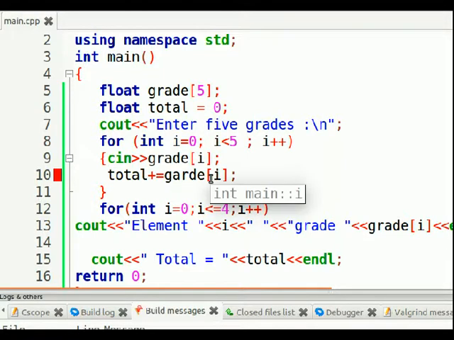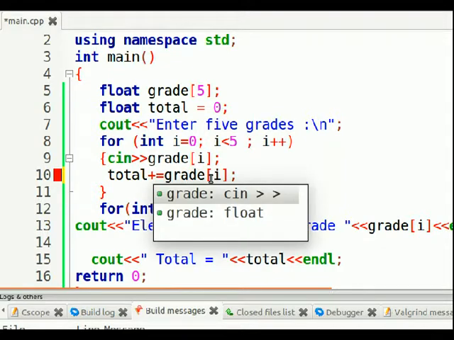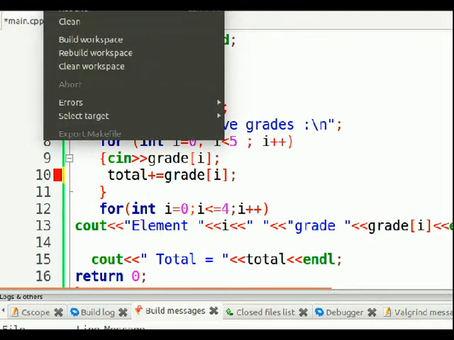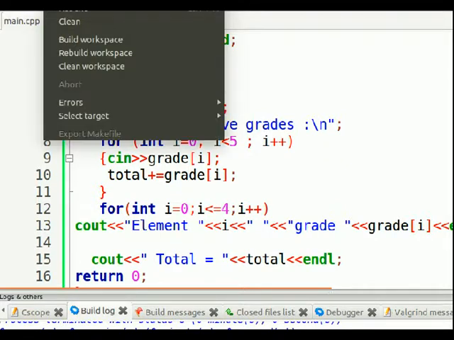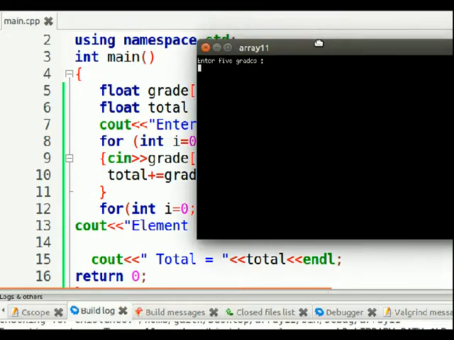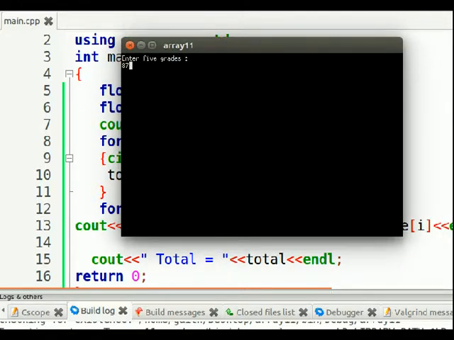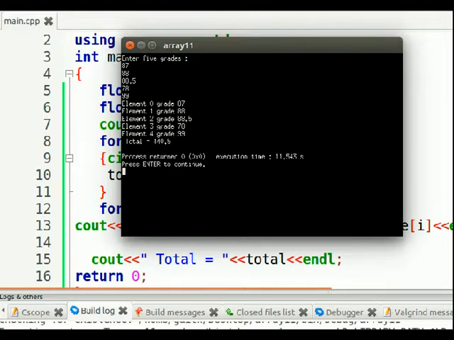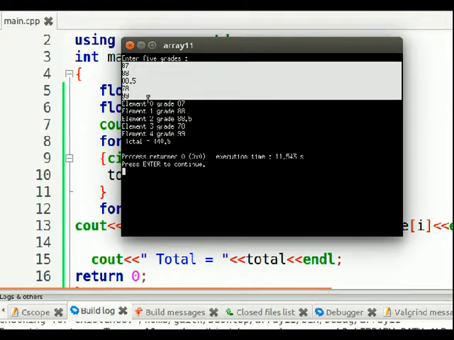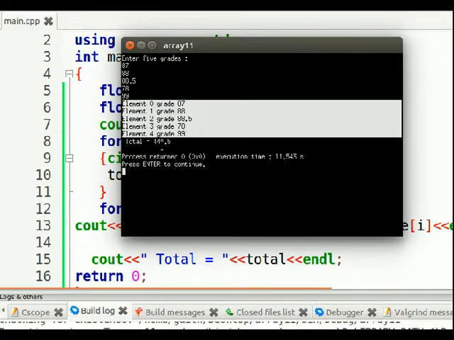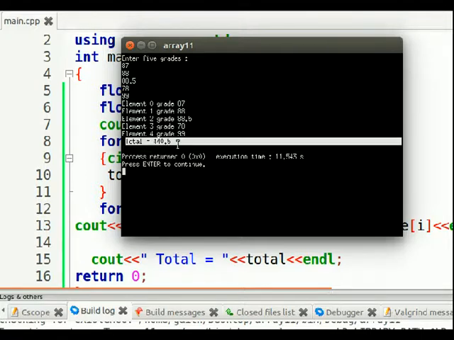Oh, I have a misspelling. Great. Okay. Run, no problem. Build. Run, and here's the result. So we input 5 grades, 87, 88. I'm putting them as floats, but that's okay. And now here's the elements. The other for loop we had is the input. Here's the element showing each one, and here's the total